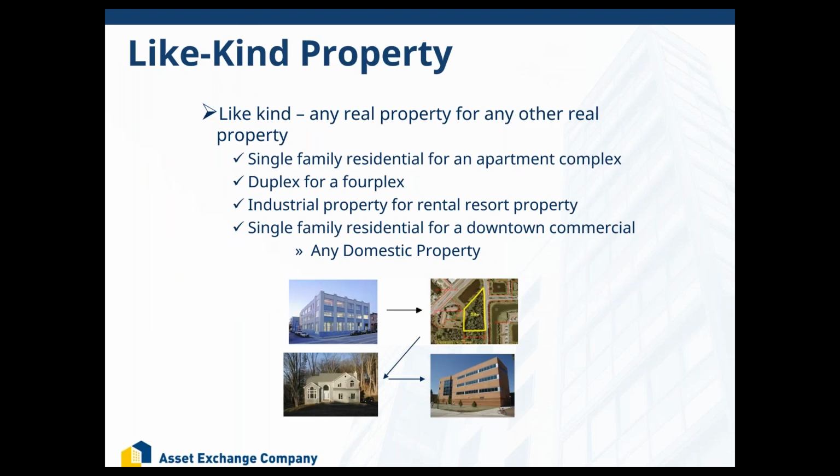So what exactly is like kind property? Like kind property is any type of real property that you use in your trade or business or that you hold for investment. You can sell that in a 1031 exchange, and you can replace it with any other type of like kind property that you use in your trade or business or that you hold for investment. So just because you own that single family residential home that you hold for investment, that rental property, when you sell it in a 1031 exchange, you do not have to replace it with another single family. You can if you want, by all means, but you could even replace it with a